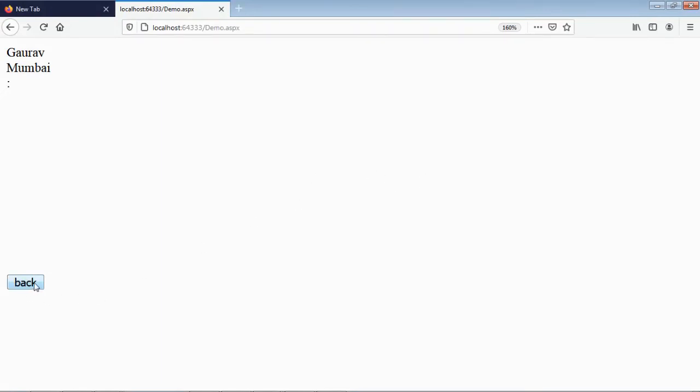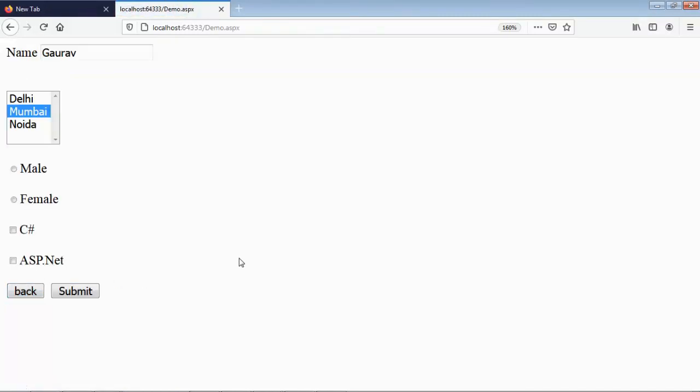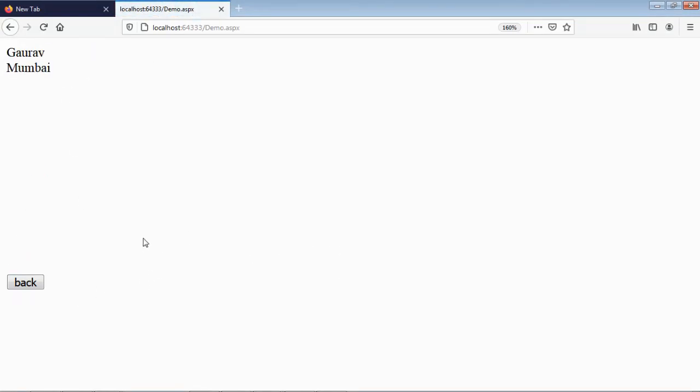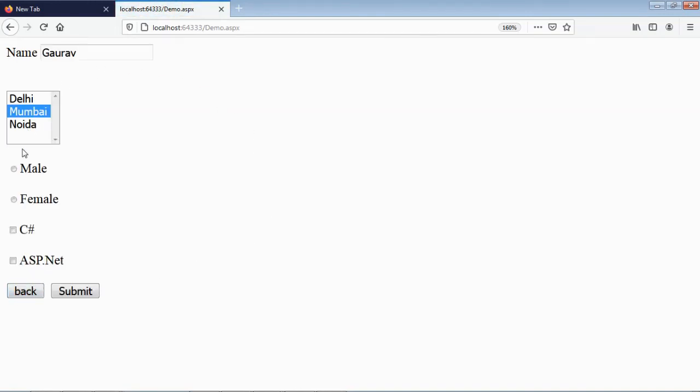Let's check after this. Now I'm clicking on the back button and checking what the output is. So when we click on the back button, it remains the same as the first stage. Let's check again. Click on the submit button. This is the output. Here is a back button. When I click on that, it will come back to the same stage, the first stage.